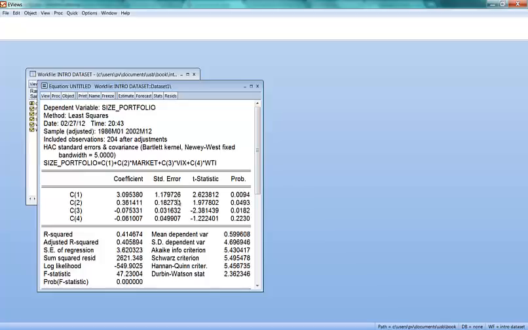In this case, we'll see that the conclusions don't differ that dramatically, although this could very well have been the case. We only know this once we have corrected. By the way, you can identify a corrected equation with this line, HAC standard errors and covariance. The rest are settings that you may want to adjust if you're an advanced user, but the default will serve most purposes very nicely. So in sum, the coefficients don't change, but the standard errors do. And that means you will have a correction for serial correlation, and these results, in the absence of other problems, would be